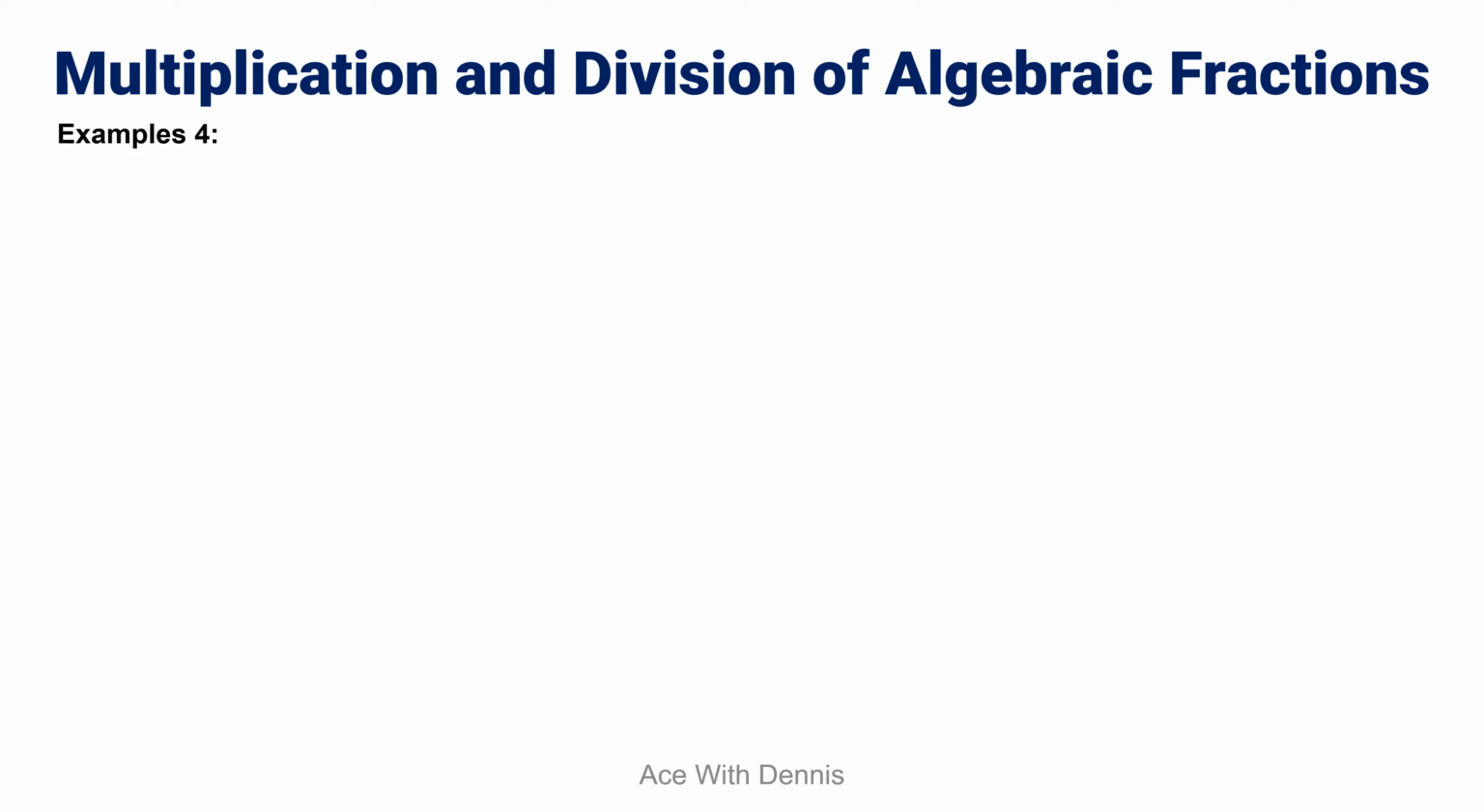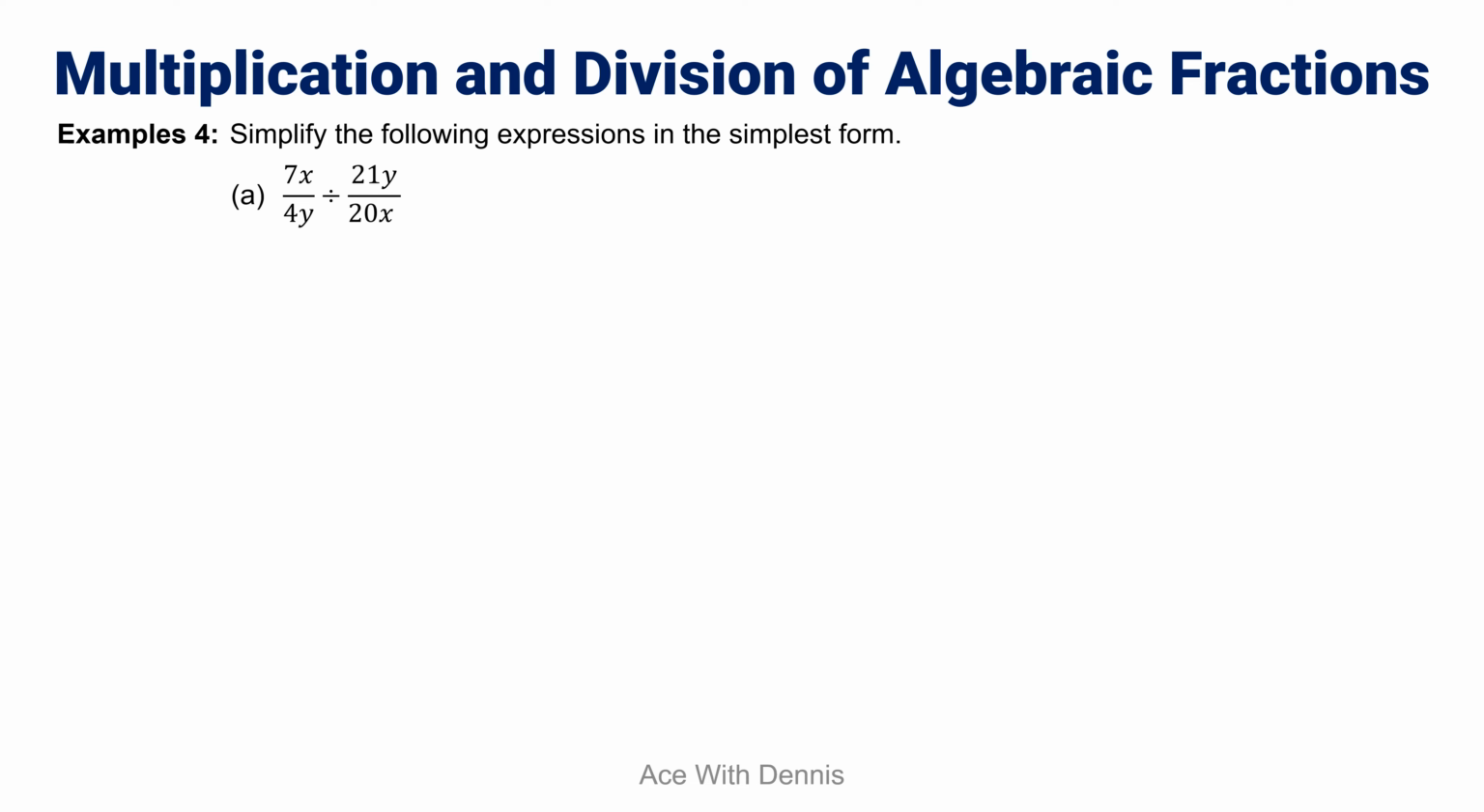Next, we will see example 4, which is the division of algebraic fractions example. Simplify the following expressions in the simplest form. For A, 7x over 4y divided by 21y over 20x. B, 5ab squared over 42c to the power 4 d cubed divided by 15a cubed b over 14c cubed d